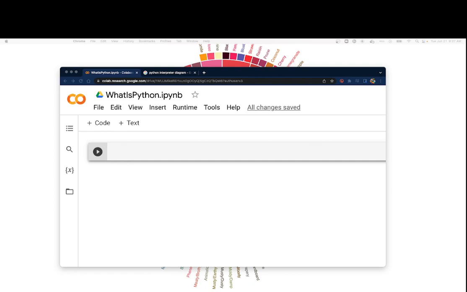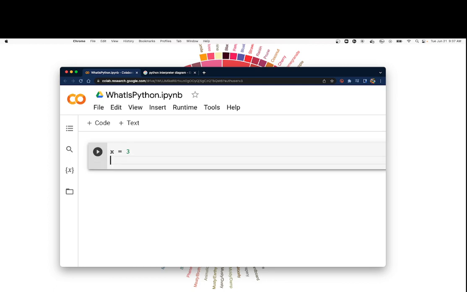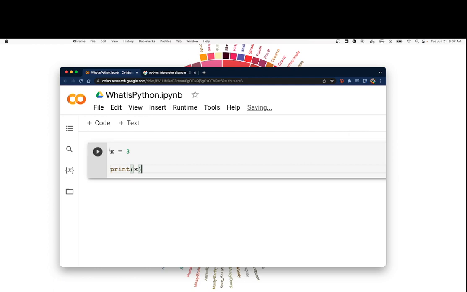Hey, so in this video, I'm just going to talk about what Python is. Python is an interpreter. So what that means is you can have a text file, and what Python does is it's a program that reads over that text file and interprets it into Python code and runs that Python code. So, for instance, if you say x equals 3, print x, what Python's going to do